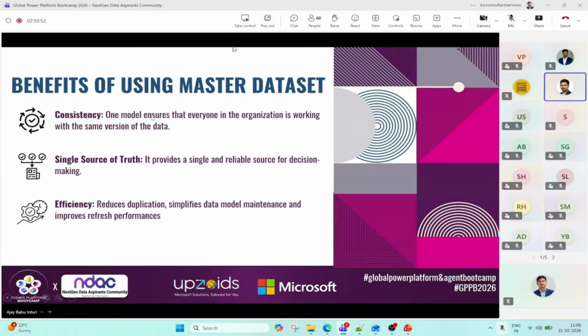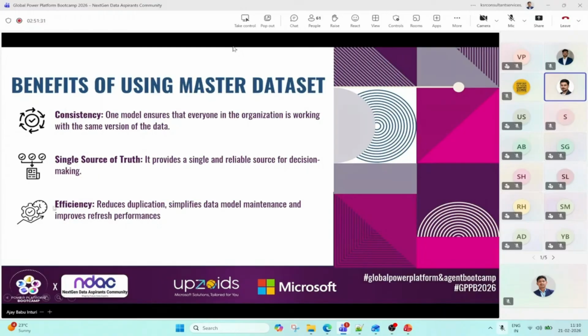If we create a single semantic model, the data comes from any data warehouse, right? So our source of truth is only that main semantic model. Whenever we have any problem in any report, we have to get back to the single semantic model, check our issue, and get it resolved at that time. So we don't have to do multiple redundant work in multiple semantic models. That is why we are using this master data set.